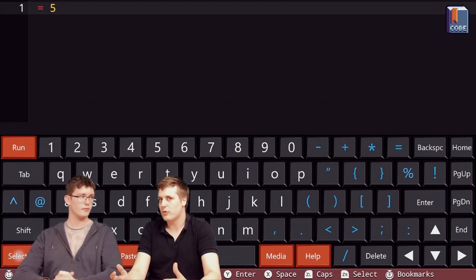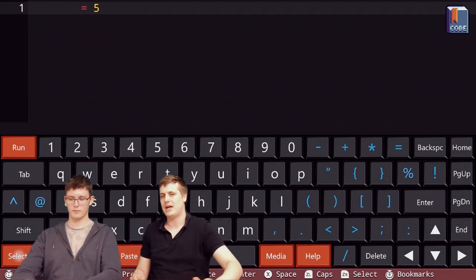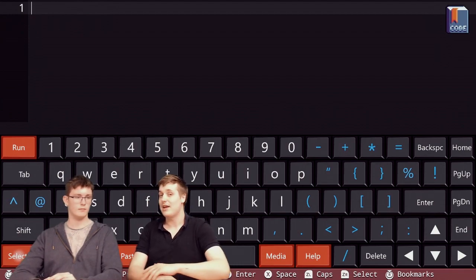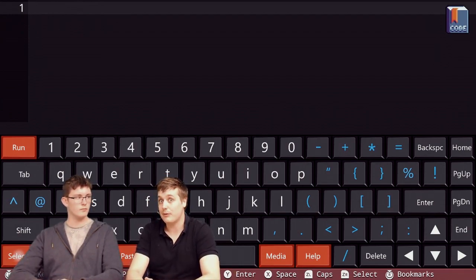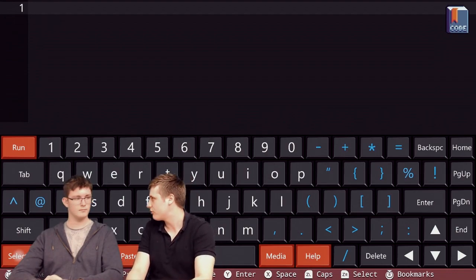You can have your code spaced out however you want. You can have it all on one line. You can have it across loads of different lines. You can have it in capital letters, lowercase letters. Fuse does not care how you write your code. But other programming languages really do. So it's a good place to develop good habits in a place where you're not going to get punished for